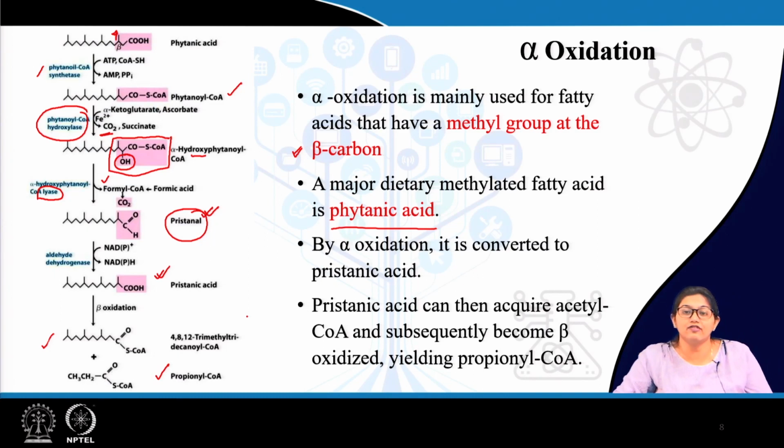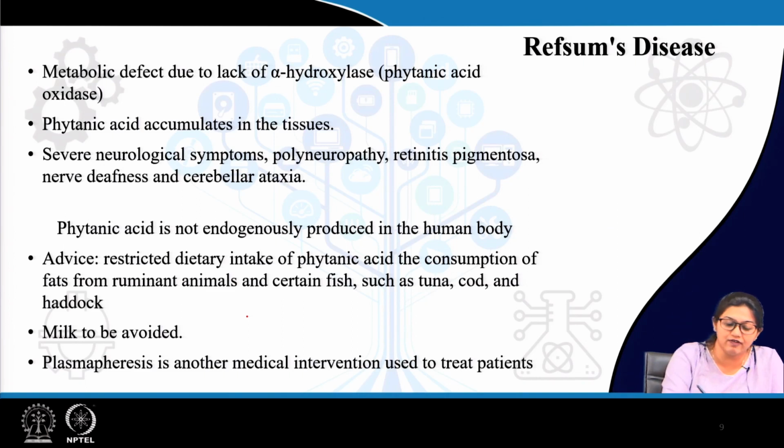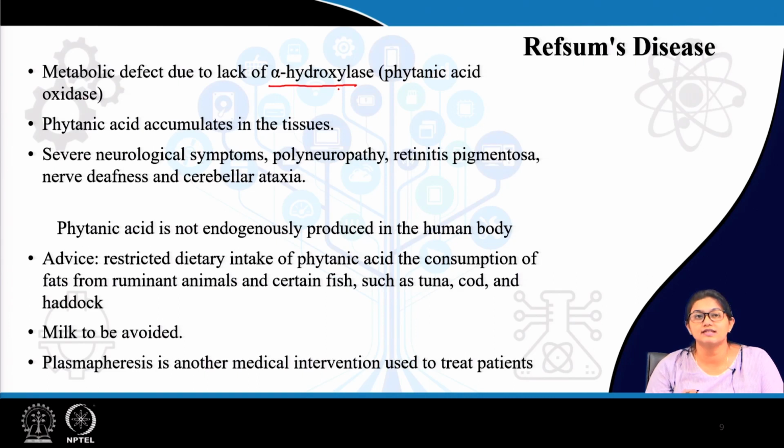So, this is alpha oxidation. Now, there are a few defects related to alpha oxidation. One important one is Refsum's disease. Refsum's disease is related to that specific enzyme which is exclusive in alpha oxidation, that is alpha hydroxylase enzyme, that is the phytanic acid oxidase enzyme. Now, what happens? Definitely the phytanic acid oxidation is hampered, leading to phytanic acid accumulation, and this phytanic acid